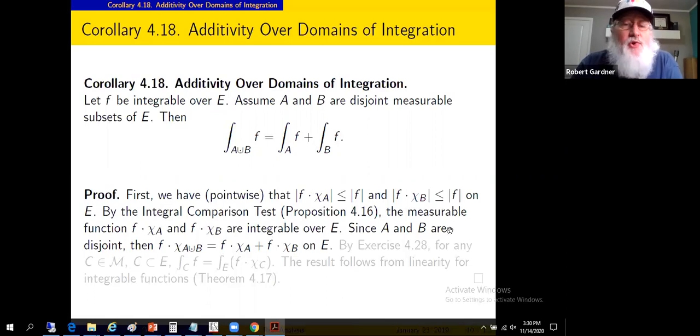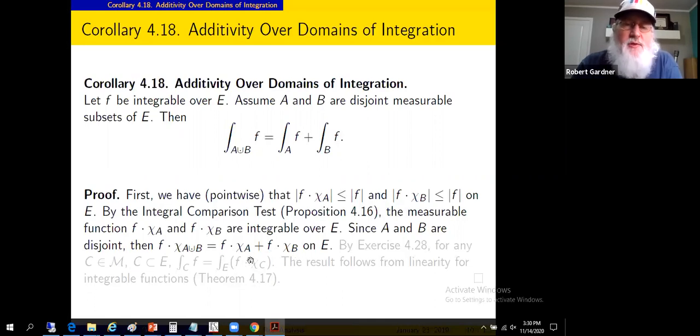Since A and B are disjoint, this is how we dealt with additivity the previous two times as well. f times the characteristic function on A union B is f times the characteristic function on A plus f times the characteristic function on B. The disjointness, of course, means you don't add the same two function values together for a given input value because